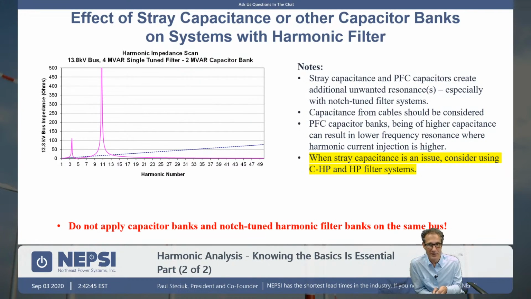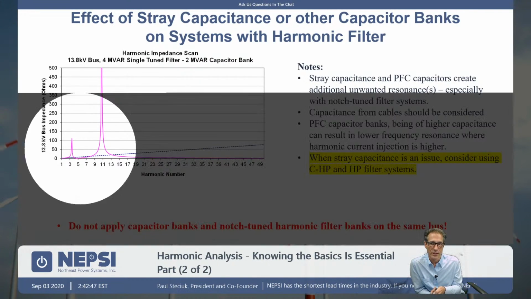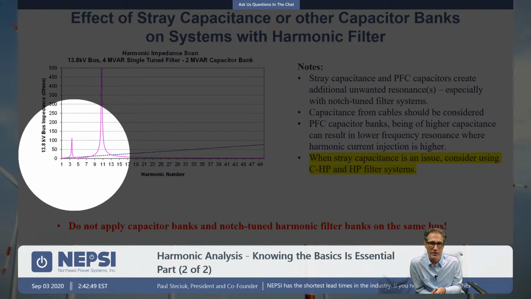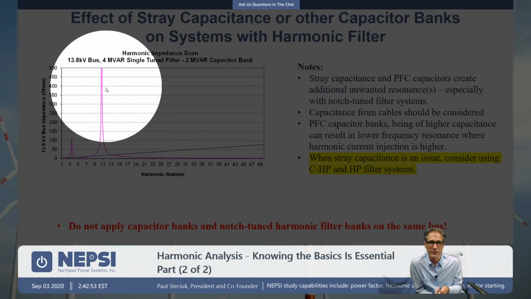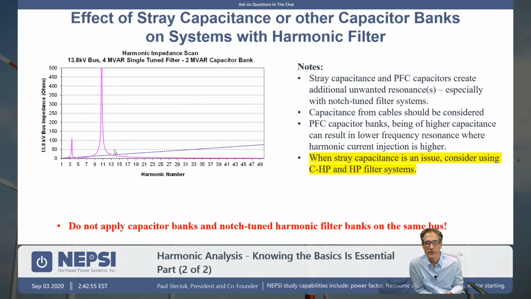And this is exactly what happens when you do that. You've got your filter here creating that low impedance tuning point, and then we have the second resonant point here created by the capacitor bank. And that capacitor bank is going to shift around. If you had more stages, it would move around just like it did before when it was just a standard